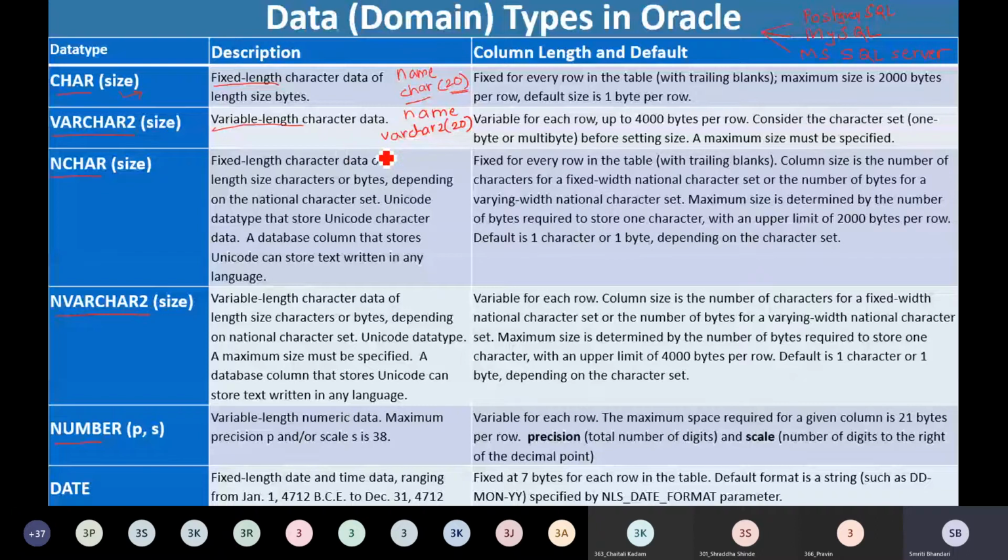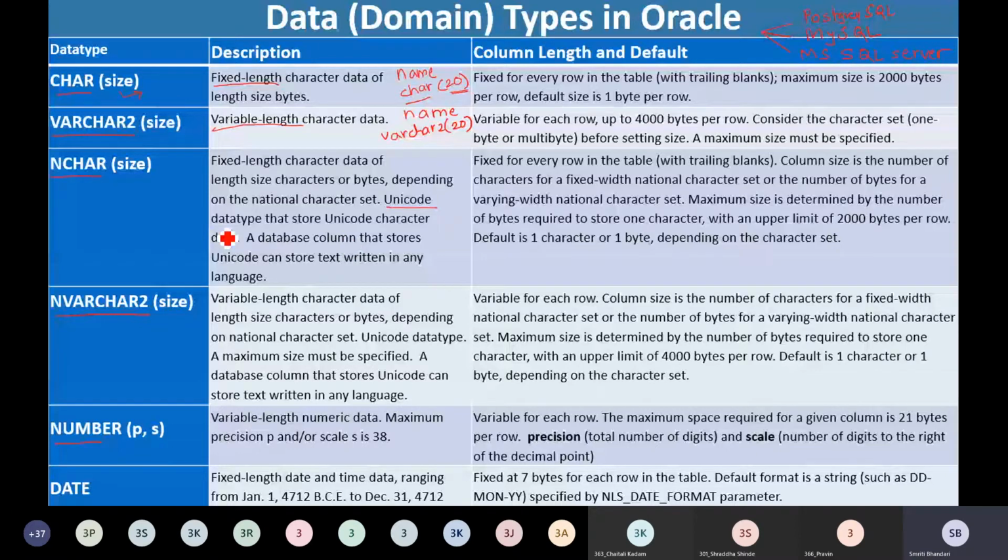So that is the difference between char and varchar. Similarly, we have nchar and nvarchar2. So nchar and nvarchar2 are similar to char and varchar2. The only difference is they use the Unicode data type.